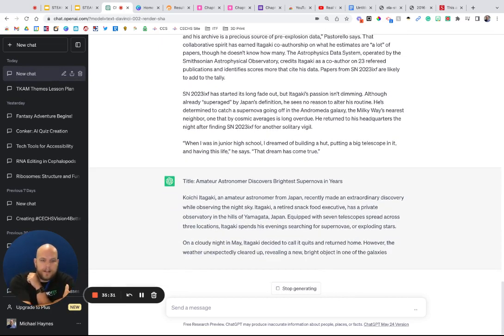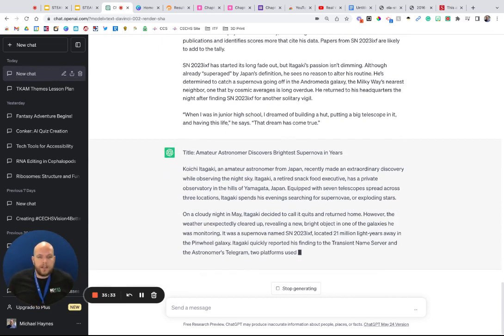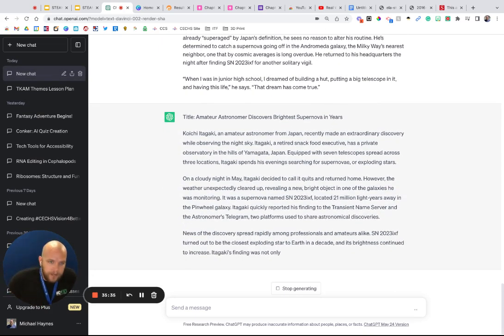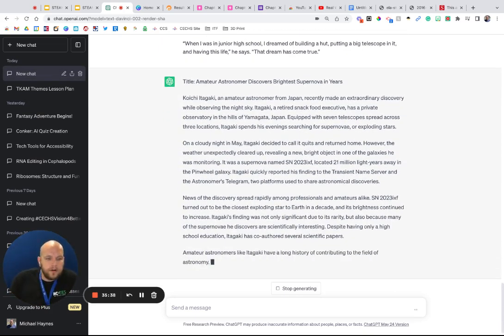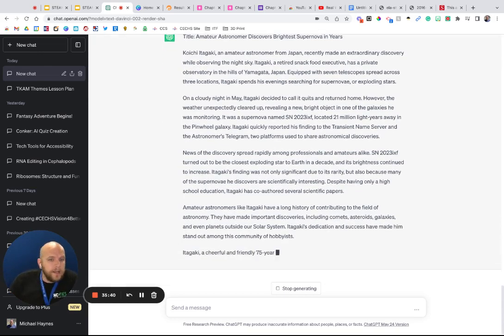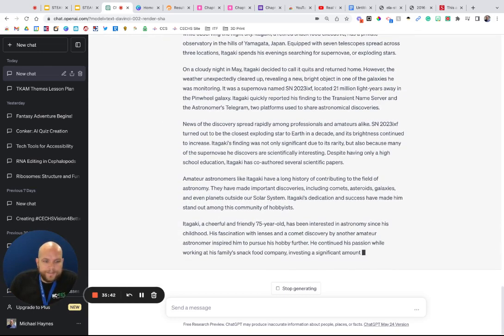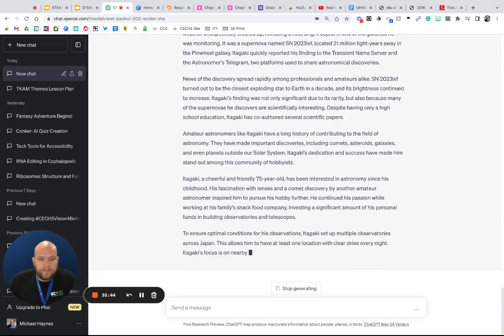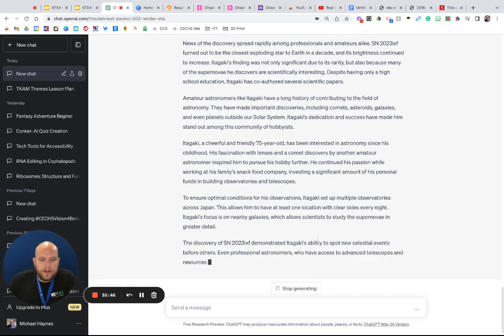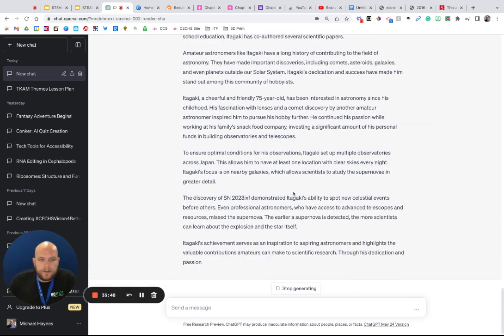So you can see here, it's already rewriting this. And as you go through this, you'll see that it'll change certain words or phrases to be a little bit more accessible to younger readers. And I can go all the way down to kindergarten if I wanted to. But once I have this information and it's ready to roll, I can take this text, copy it over, drop